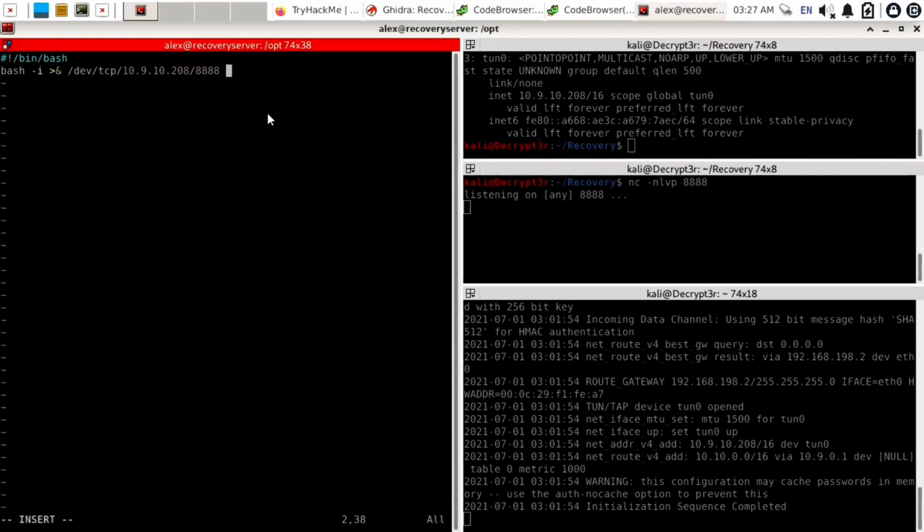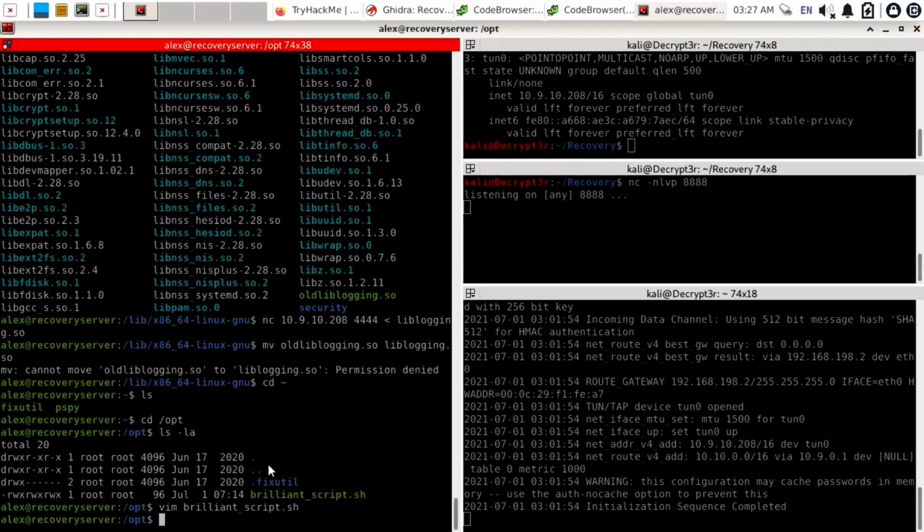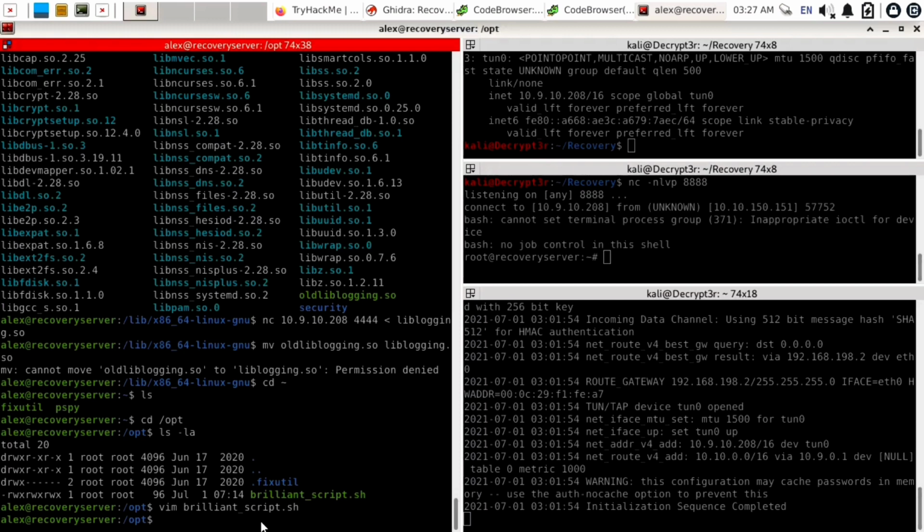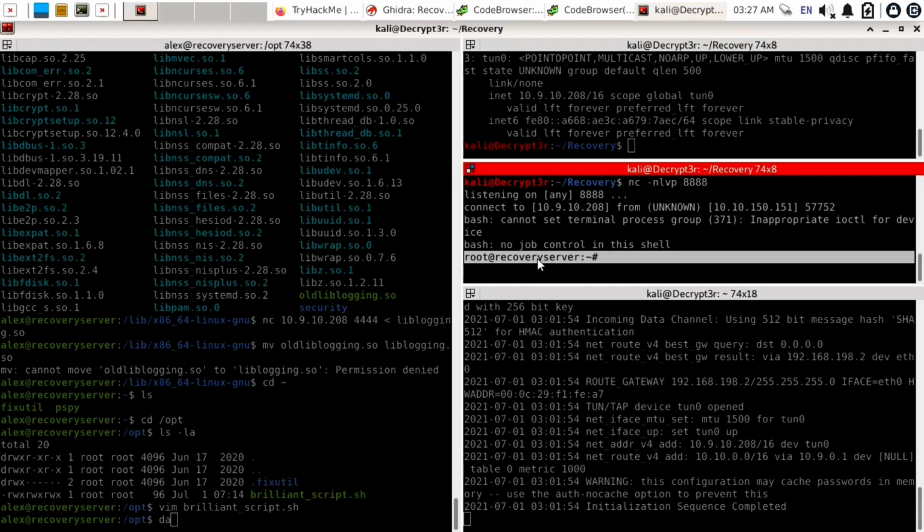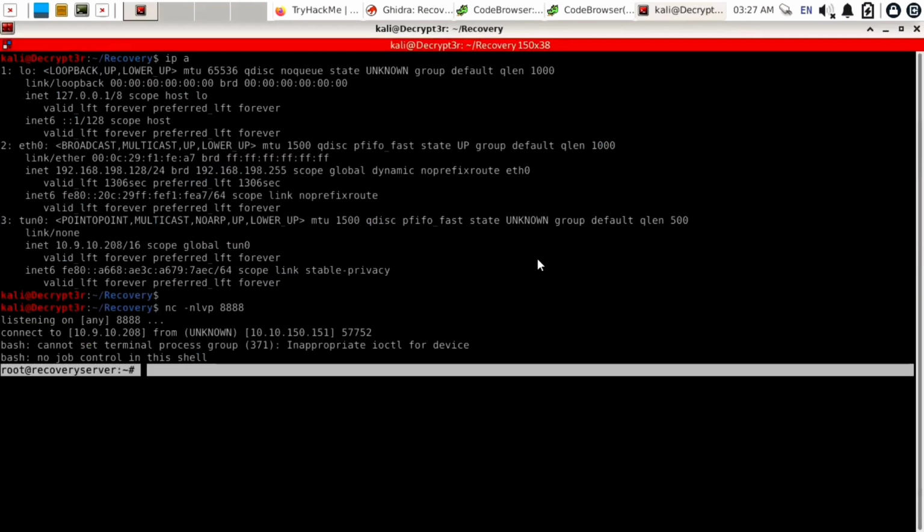Then use 0>&1 and hit the enter button. You can save this with escape, colon wq. It will automatically get executed after 1 minute, so just wait for some time until brilliant_script.sh gets executed. And here you can see we successfully got root access of the recovery server.